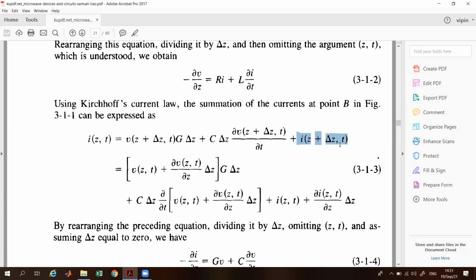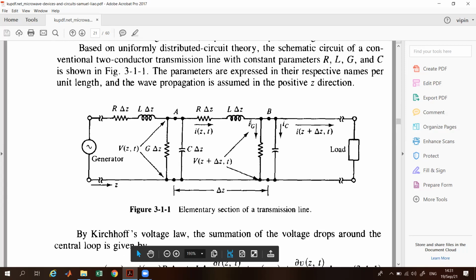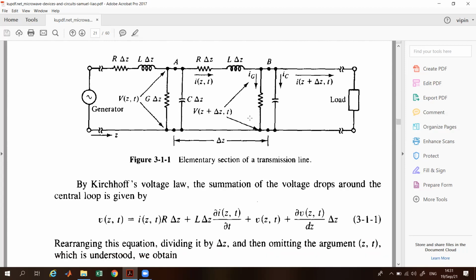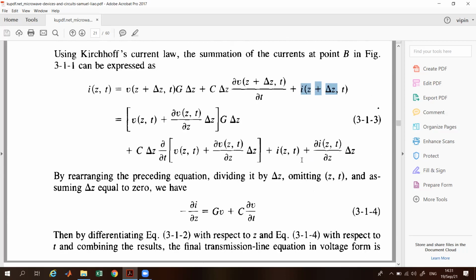Again applying that here, so it will be I(z,t). You have to remember that we travel from this point to this point. So if the current here is I, let's say, and we travel a length of 2 meters, and there is a change of, let's say, 0.5 milliampere, then we are defining here I(z+delta z, t), due to time and due to length, how much is the change in the current. So it will be I(z,t) plus d by dz of I into delta z.